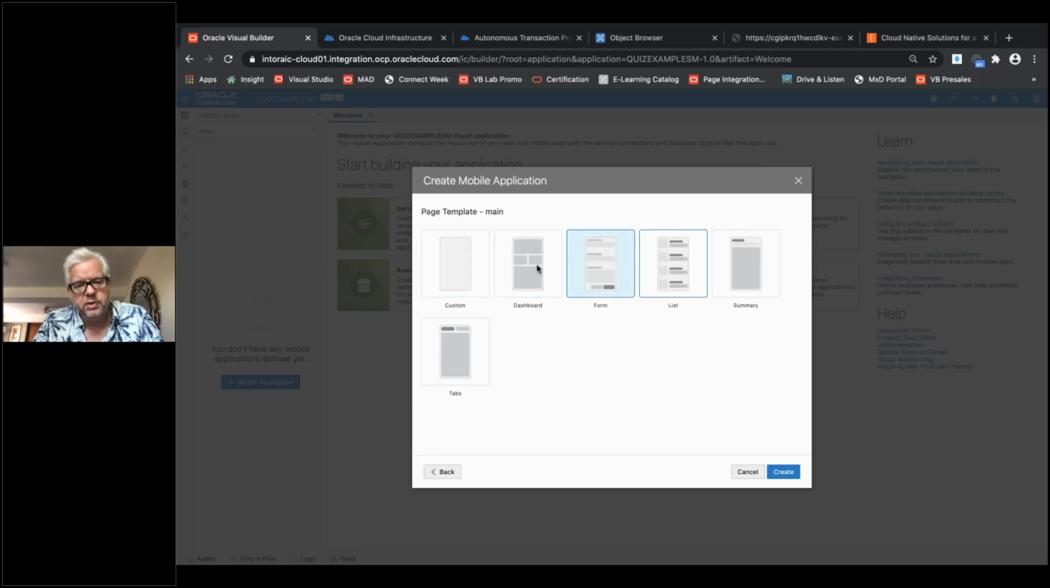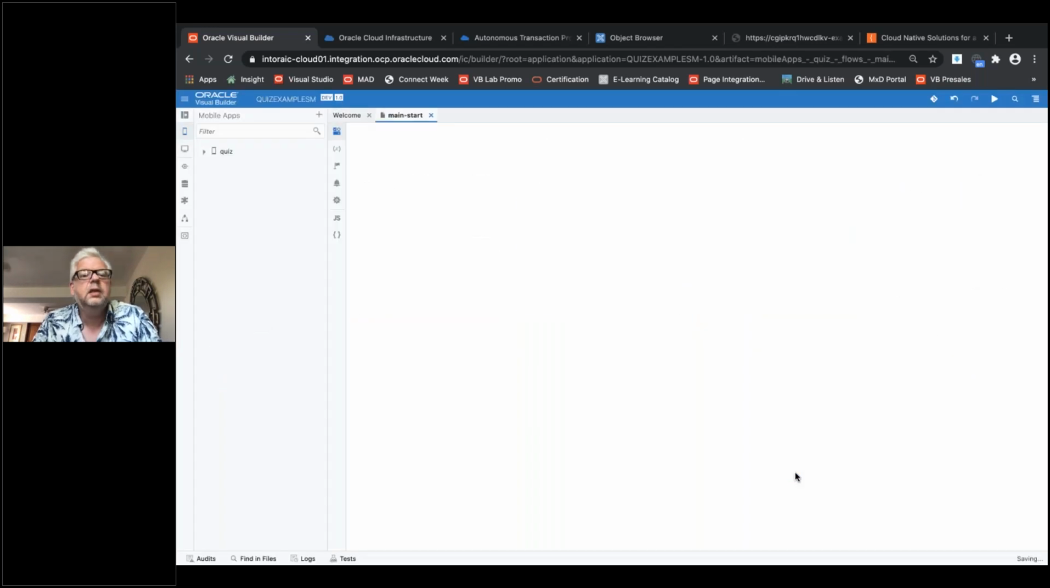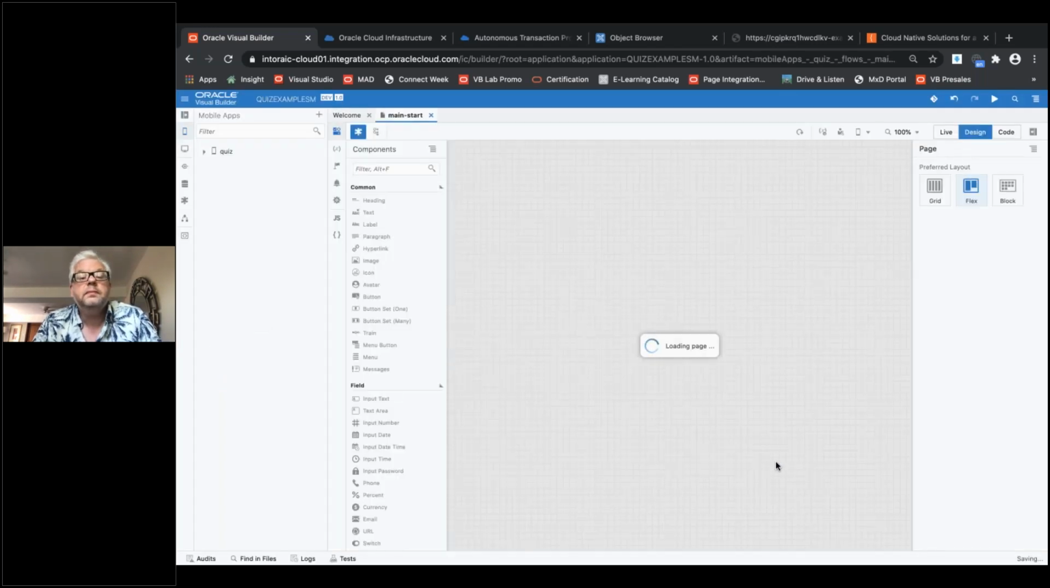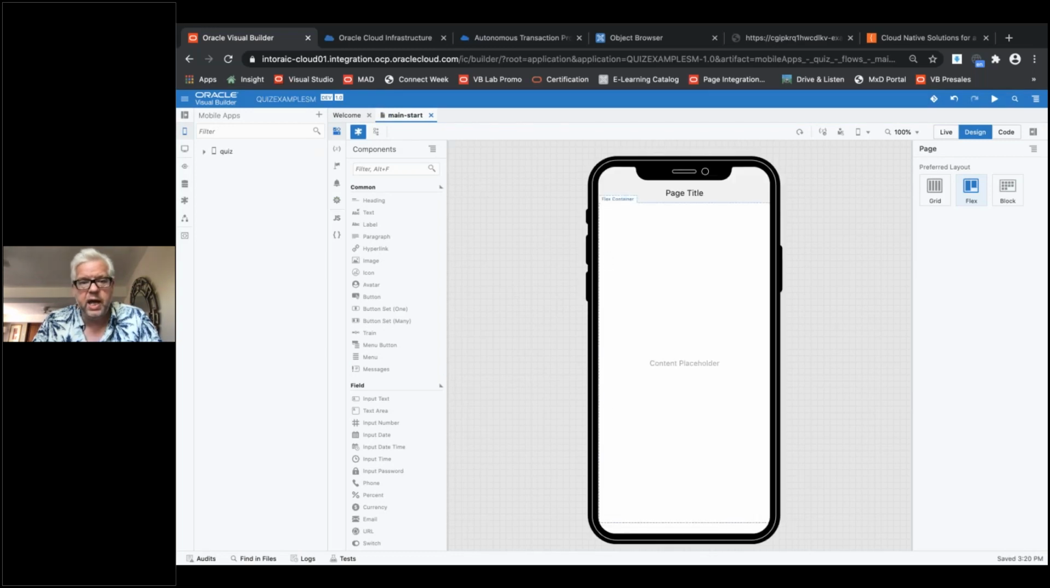And then we give you some example templates. So what's this page going to look like? A dashboard or a form or a list? I'm just going to go empty again, and I'll show you how to create these from scratch. Okay. So here I am in my application,